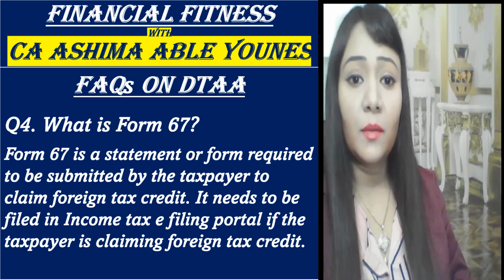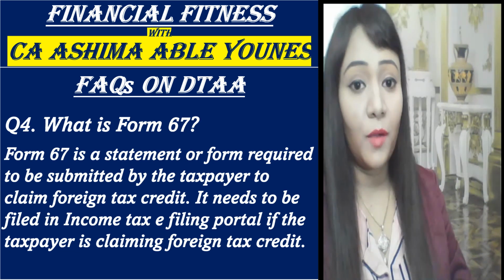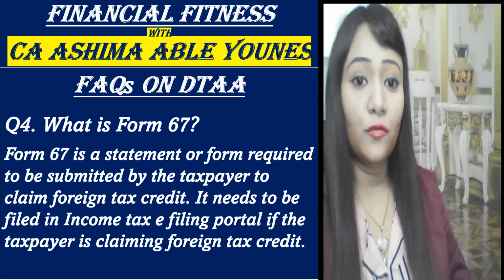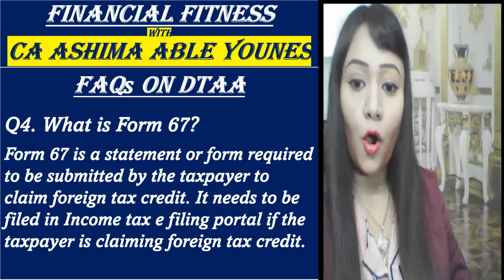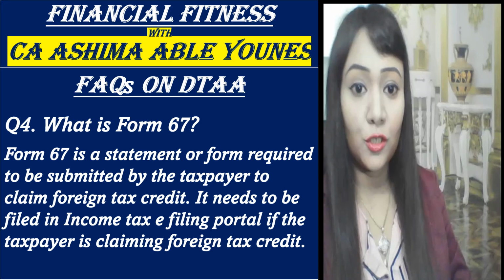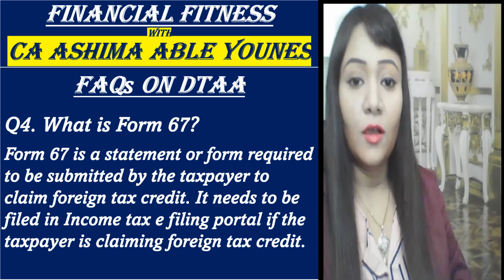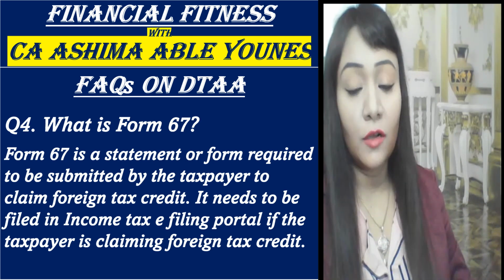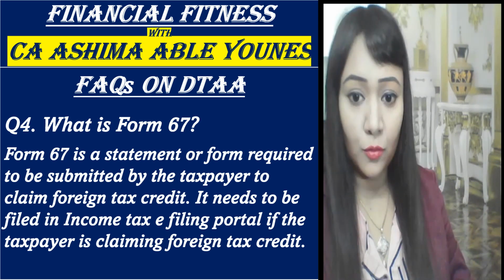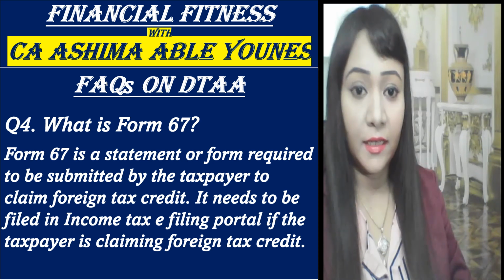But if you have not submitted Form 67 before the due date of filing of the tax return, then the Income Tax Department might disallow your foreign tax credit, and you might have to file an appeal with the CIT appeals, or the case might have to go up to Income Tax Appellate Tribunal, which is known as ITAT, for allowance of your foreign tax credit, for which reference can be made to a few case laws. One is Ms. Brinda Ramakrishna versus ITO, and another, a recent case of Sonakshi Sinha versus CIT, which